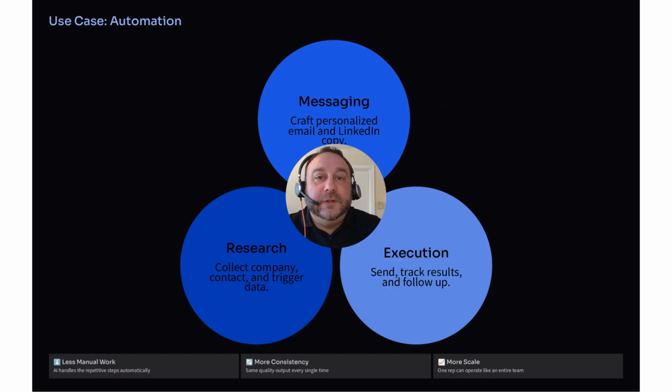Let's make that concrete. Say you're looking for companies hiring sales leaders. AI can identify those companies, build your target list, and even help draft outreach messaging. What used to take half a day can now be done in minutes, and often with better targeting than manual